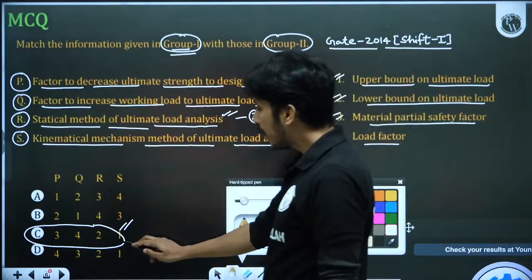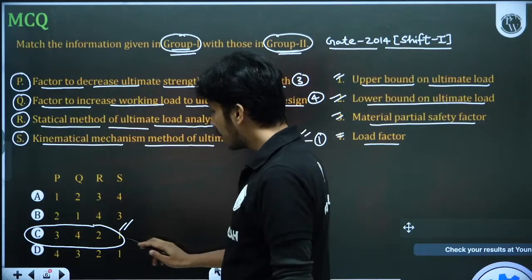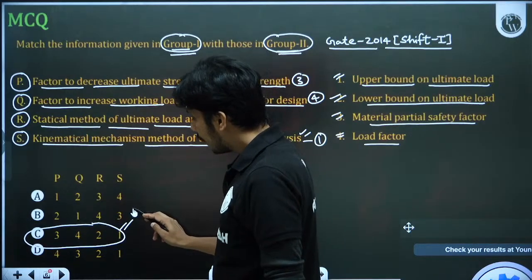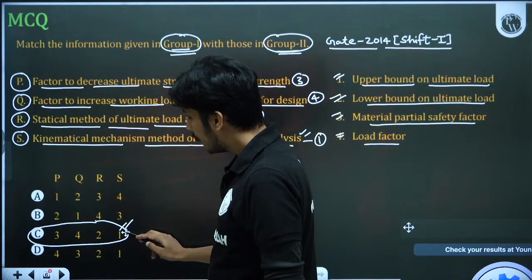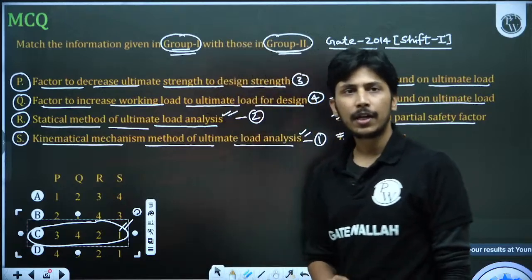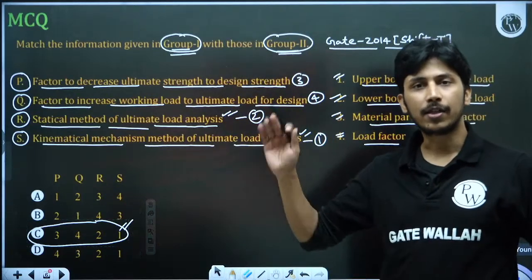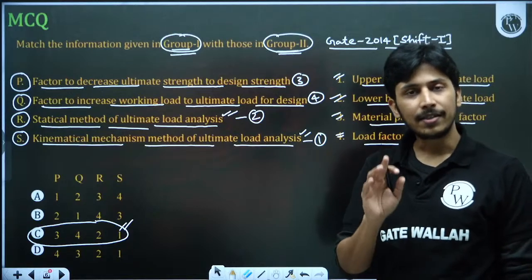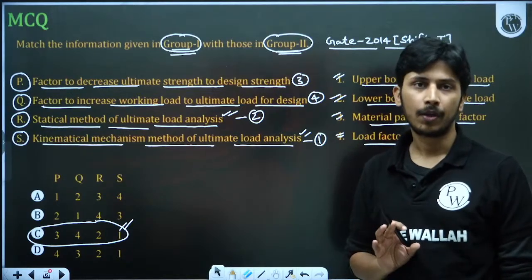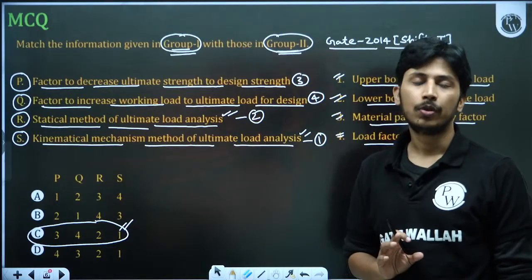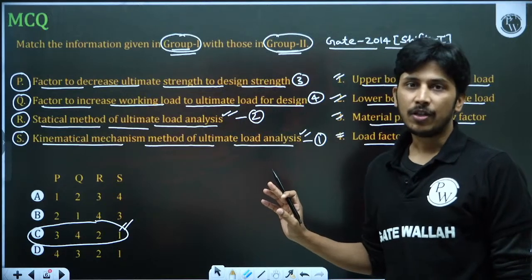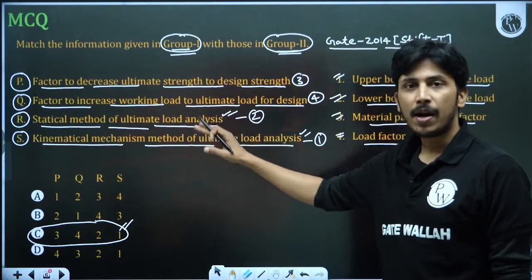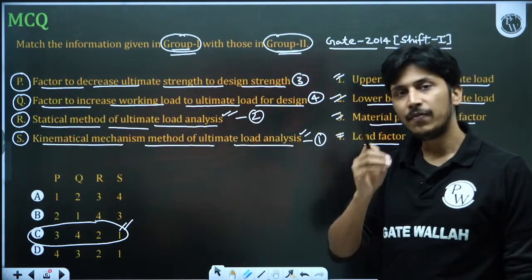Why am I explaining everything? Sir, this is the YouTube class. Why are you explaining? I am explaining because I want you to get a very good rank in GATE. I don't want you guys to get rank 5,000, 10,000. I want whatever you are doing, you must understand those things very deeply. That is why I am going very slow. I'm not that type of teacher who will just say A part, B part, C part, D part, because that will only waste your time.